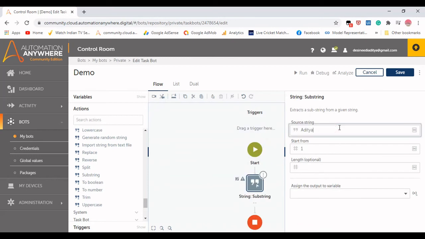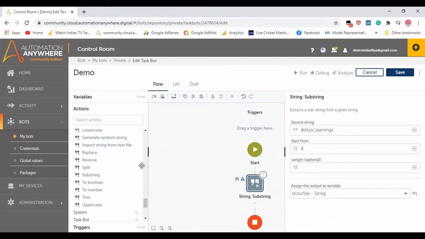Let me enter the source string, which is learnings, and it will start from 1, and the length is optional. You can leave the length and extract a substring from a given string. So if in the substring you start from 8, it needs to give me learnings as an output.